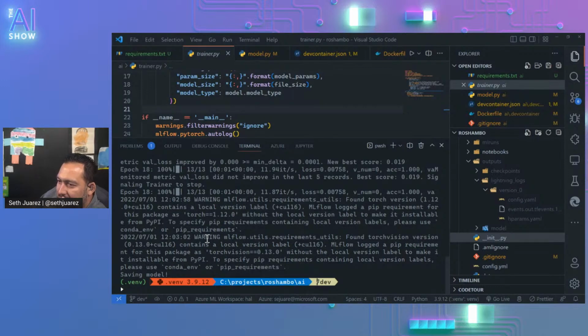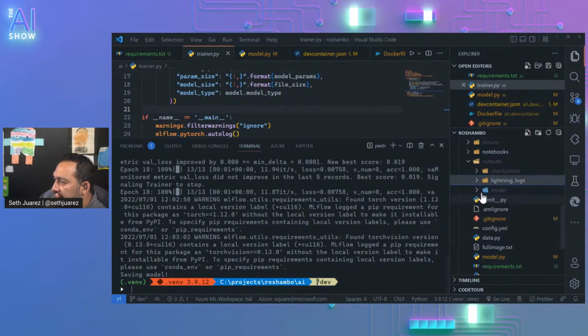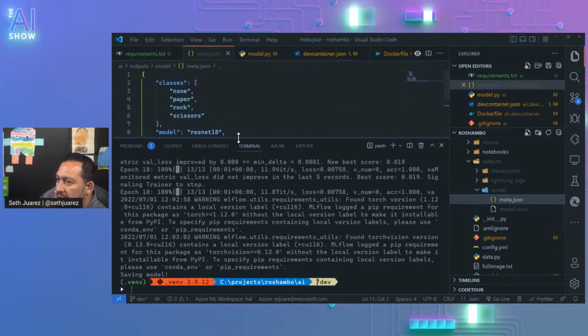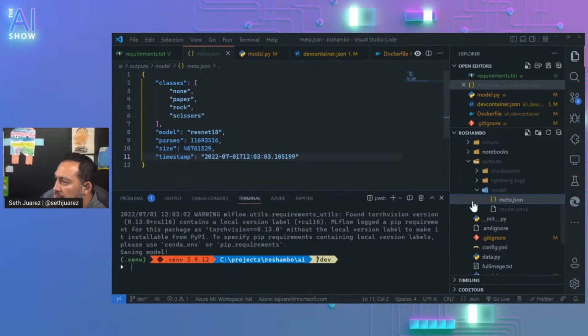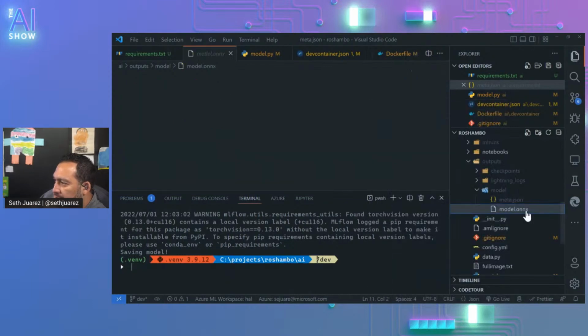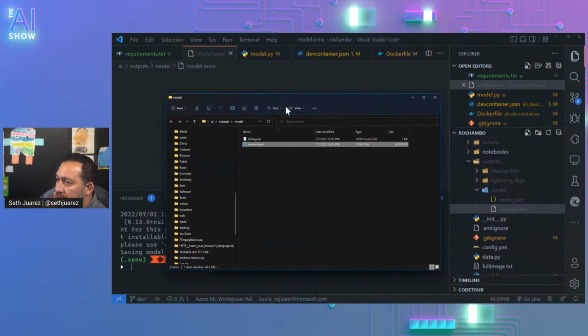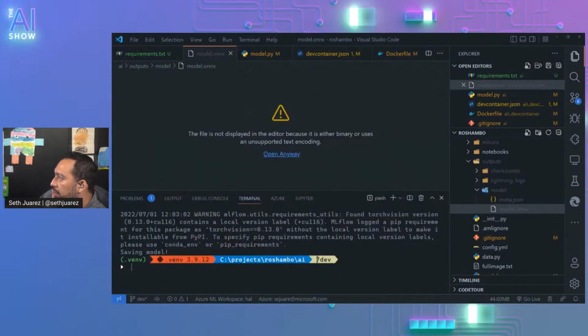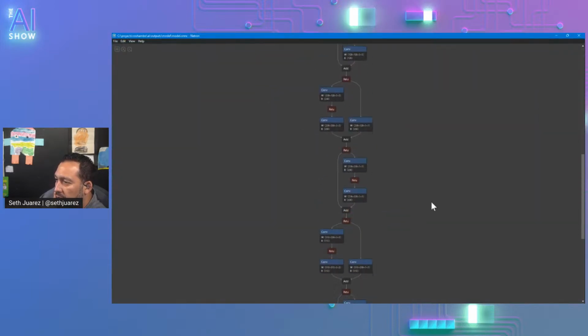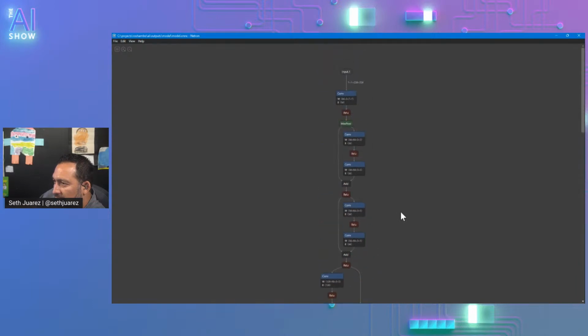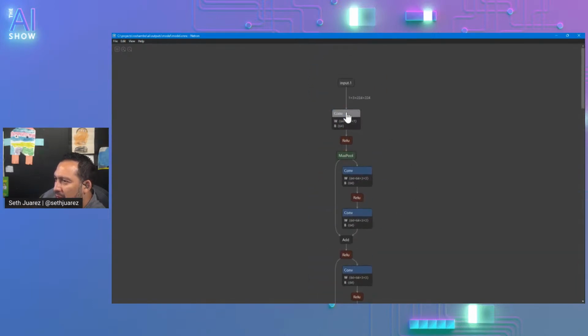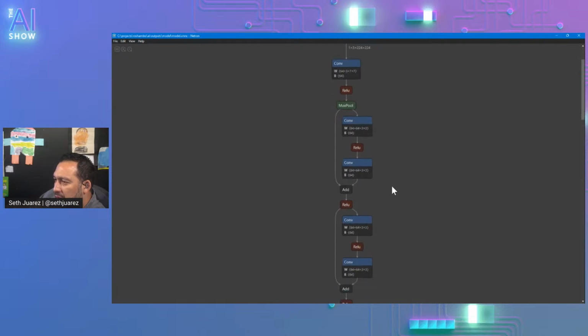That's okay. We could disable warnings too because this is not an important warning. So it looks like we did get an output. Let's open the model here. Reveal in File Explorer. There it is, our ResNet 18. Wow, that looks tiny. Oh, it is tiny.